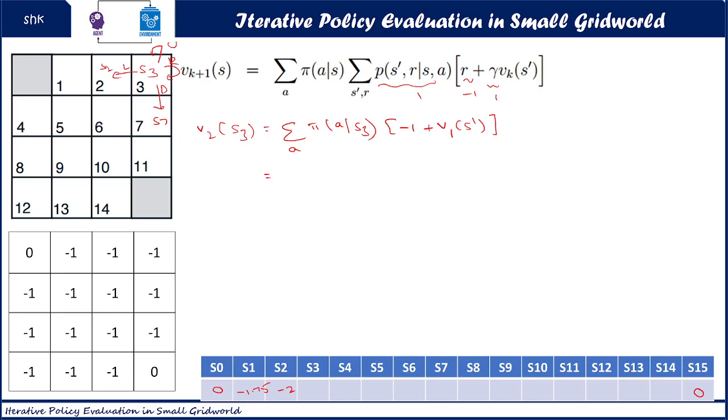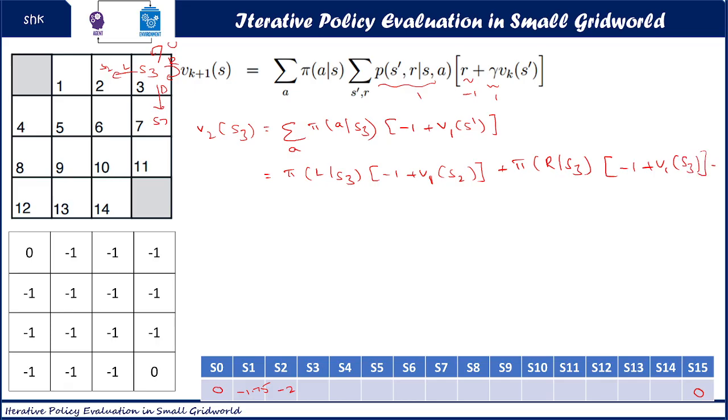So now this will expand. As we know, the actions are left, right, up and down. I'll write the probability of left action from S3 state, -1 plus V1 of, for left action from S3 state, we are going to have the next state equivalent to S2 state, plus the probability of right action from S3 state. The reward is -1 plus V1 of, when you take right action, we are going to fall to the